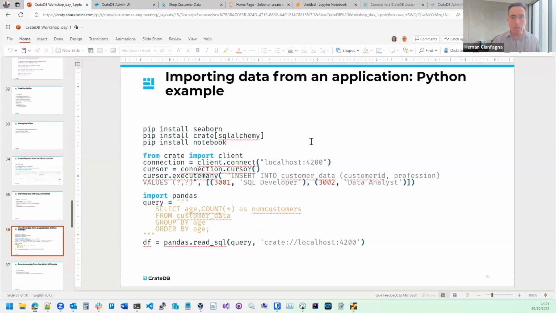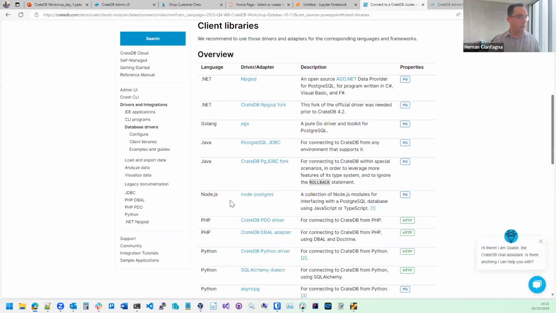And we will be sharing a link to this list of drivers that we got. In general, you can use any Postgres compatible driver to connect to CrateDB. So if you already got some code, some logic that uses a Postgres driver already, or can easily be switched to use a Postgres driver, then that's the easiest way to connect,